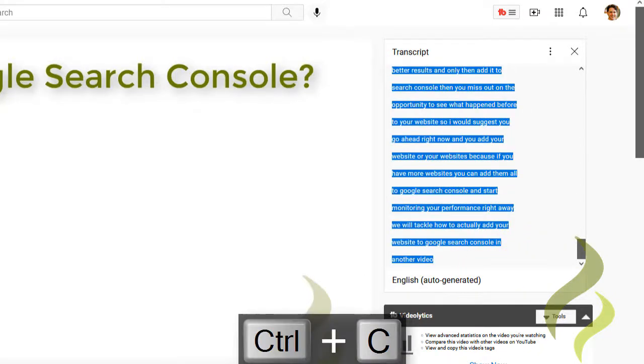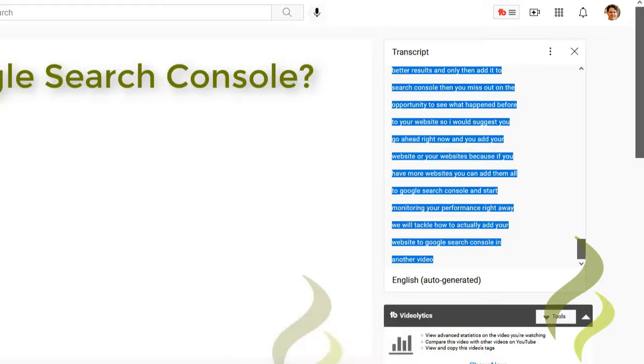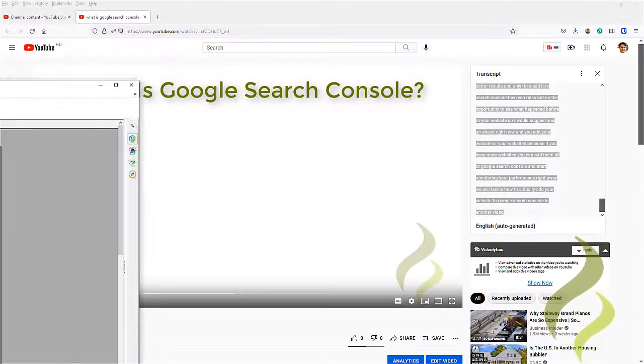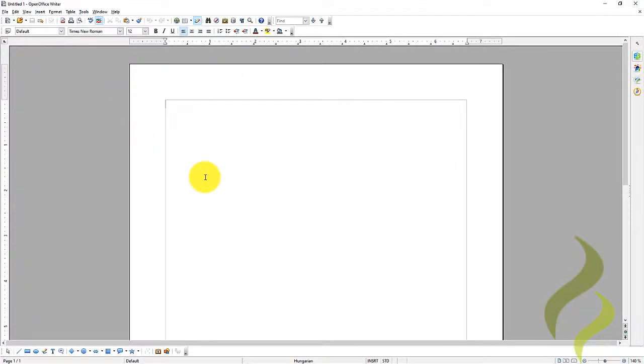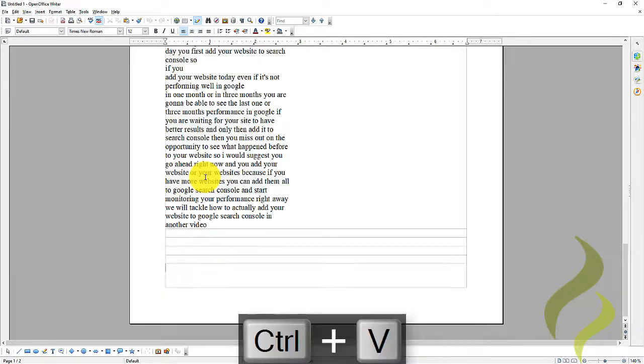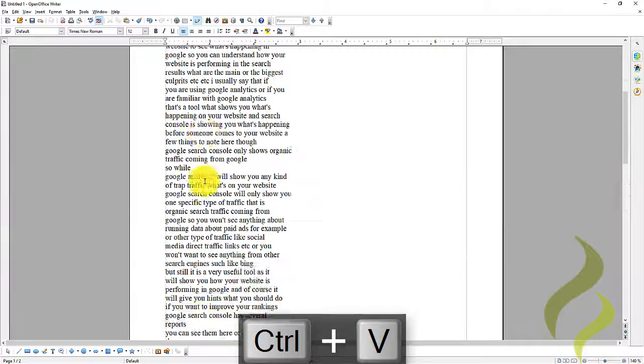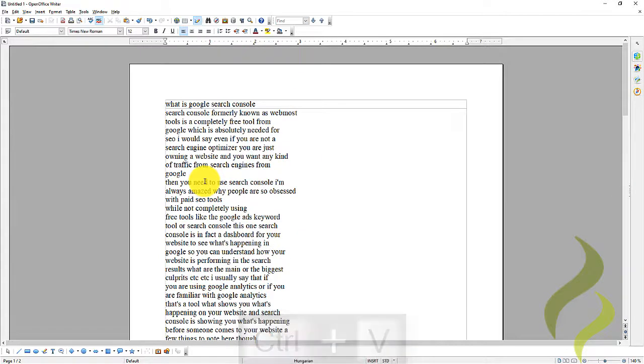Hit Ctrl+C and open your favorite word processing program like Microsoft Word or Google Docs or whatever you like. I'm gonna go ahead and open OpenOffice Writer. That's a free word processing program. And you just go ahead and hit Ctrl+V, and this basically copies the text, the video transcript, into your Word